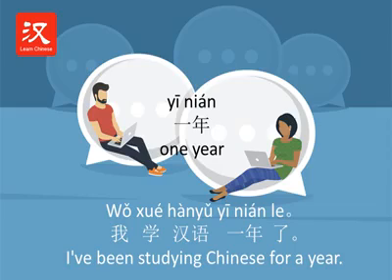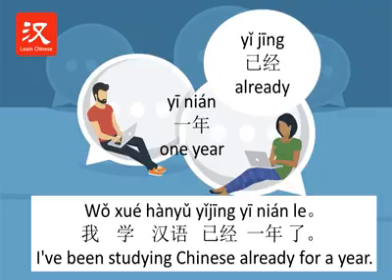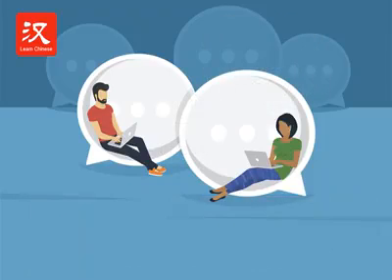But usually we'd like to put in some adverbs in front. For instance, 已经 means already. 已, the third tone, and 经, the first tone. 已经. So Cam, if you want to say, I've been studying Chinese already for a year, you may say it in this way. 我学汉语已经1年了。你学汉语多长时间了？我学汉语已经1年了。